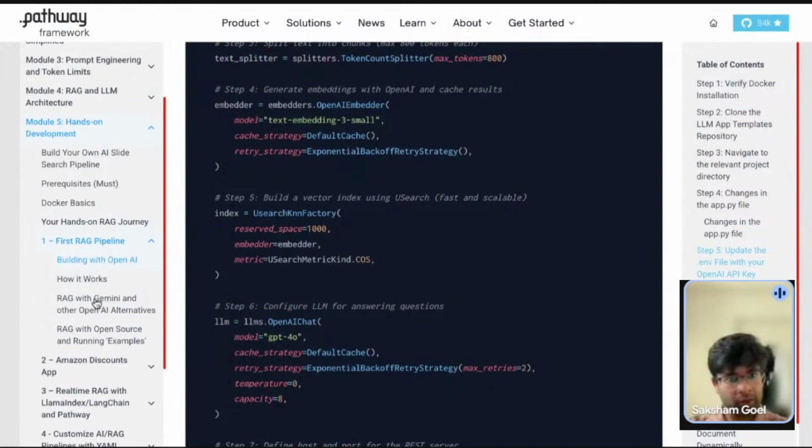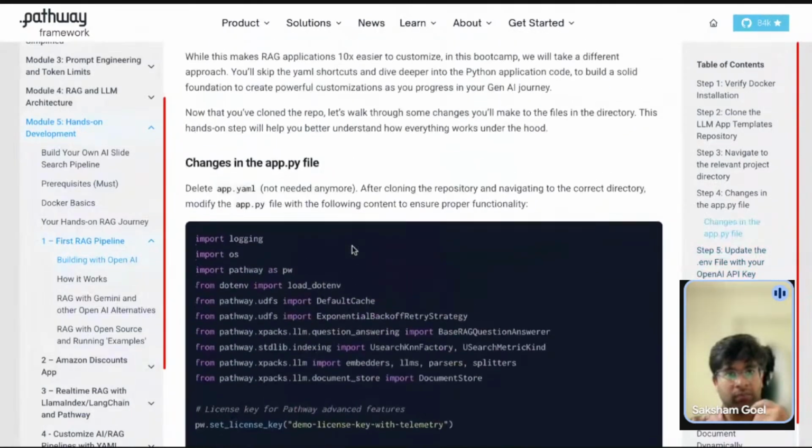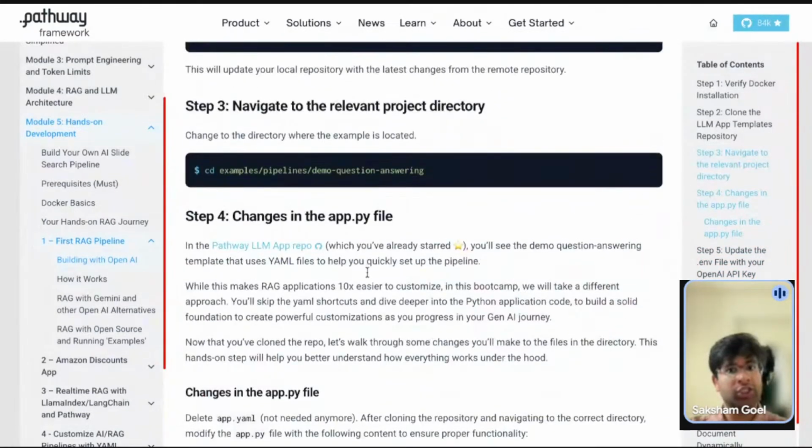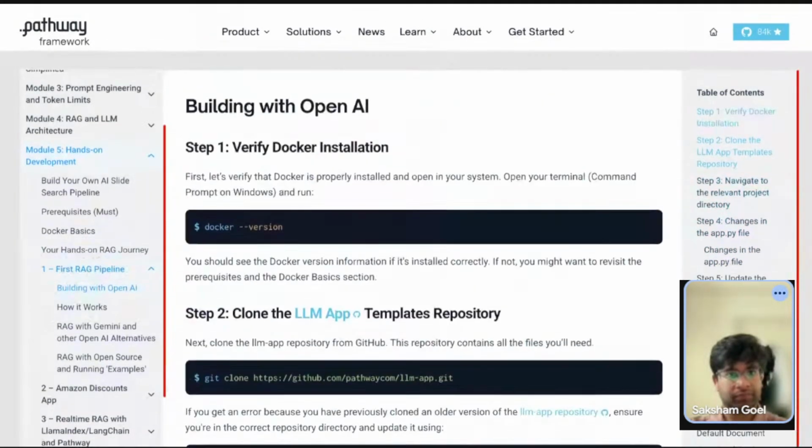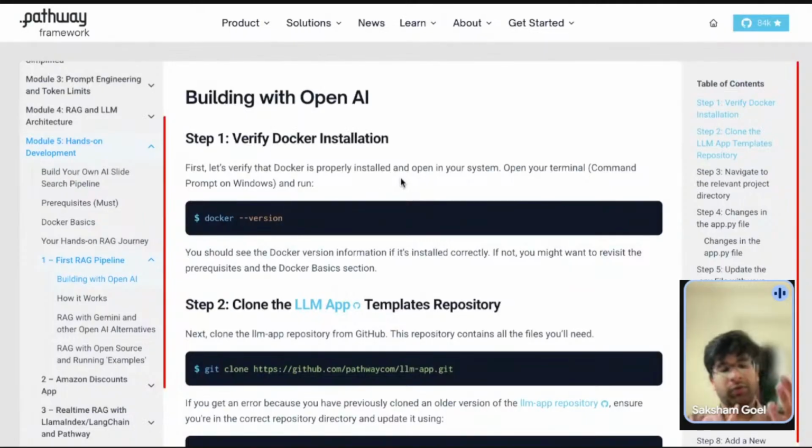If you follow from how you can create your first RAG pipeline, it's very beautifully explained what changes you need to make in your app.py file, so that you get a final end-to-end working program.